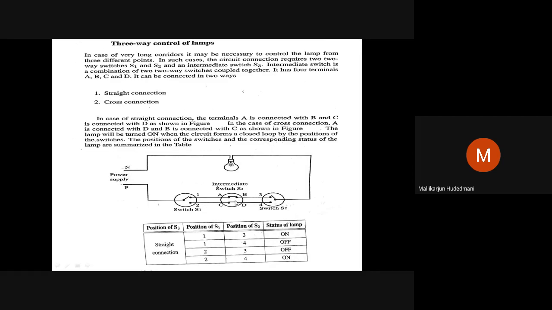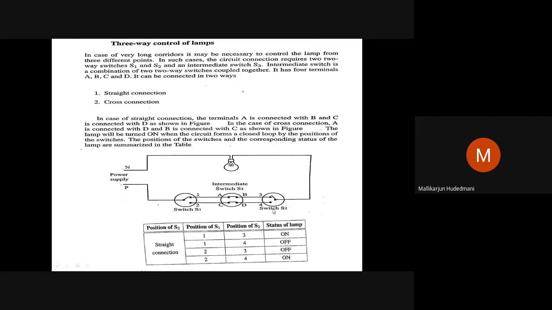That's all. Once I insert the intermediate switch, like S1 was having a contact up or a contact down, two positions, and S2 was having two contacts up or down, now similarly this intermediate switch is having 2 and 2, 4 contacts. So there are two paths, break and make. How is it done? We can see A, B, C, D. Contacts are mentioned on that switch. Here how many switch contacts did we have? 3. Common, 1, 2. Common, 3, 4.